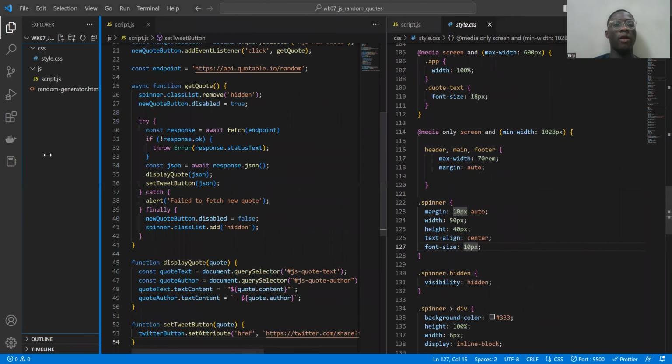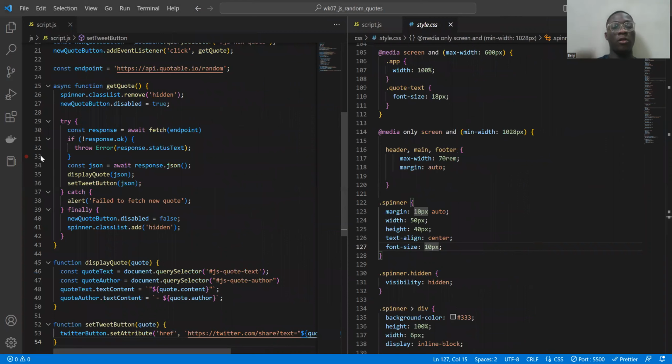For my JavaScript school project, I created a random quote generator. So the basics of this program is very simple. It's HTML, CSS, and